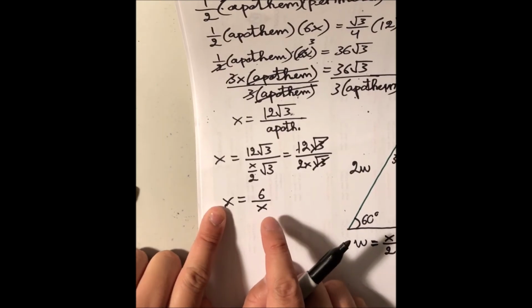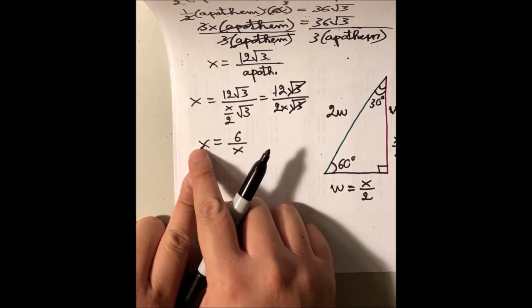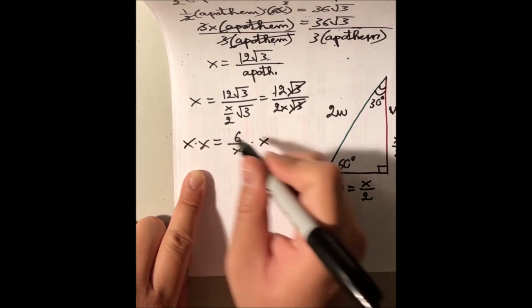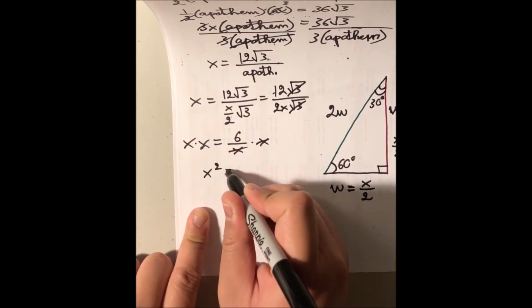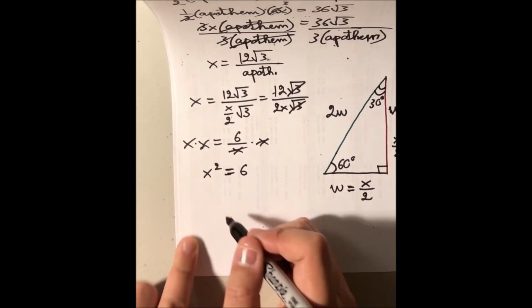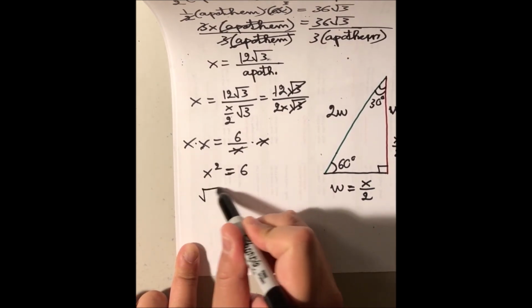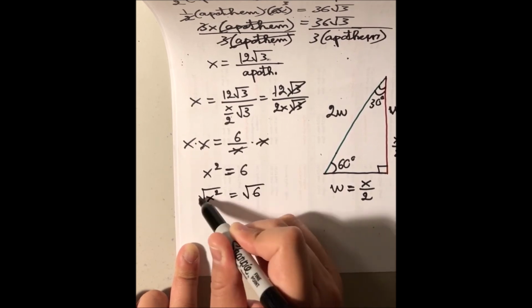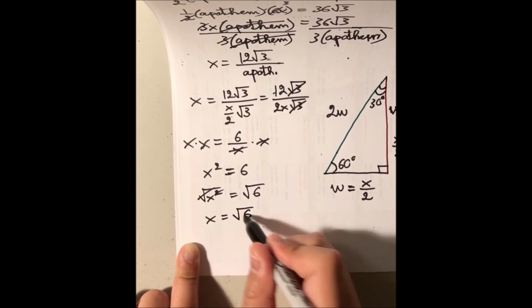We get a variable on the left-hand side and the right-hand side. So I'm going to move every variable to the left by multiplying both sides by this x. This x cancels out. We're left with just x squared equal to 6. Get x by itself by getting rid of this exponential power 2 by taking the square root of both sides. We're left with just x equal to square root of 6